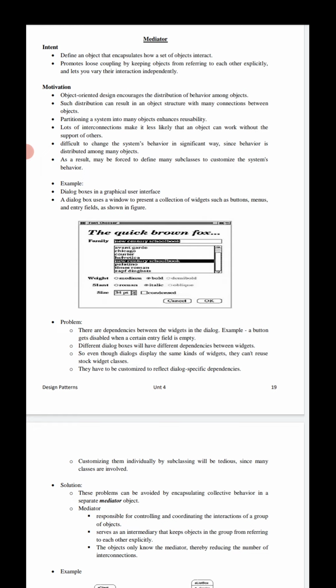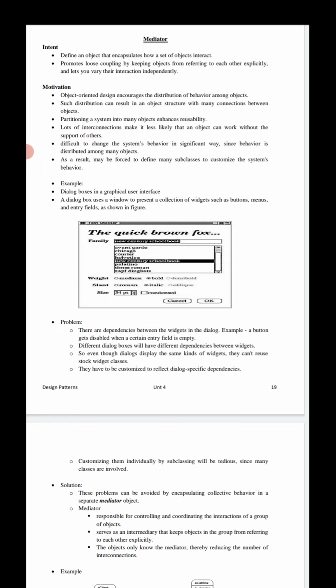The most important key point here is that we need to reduce the coupling between objects. When an object needs to communicate with other objects, it doesn't call the other objects directly.